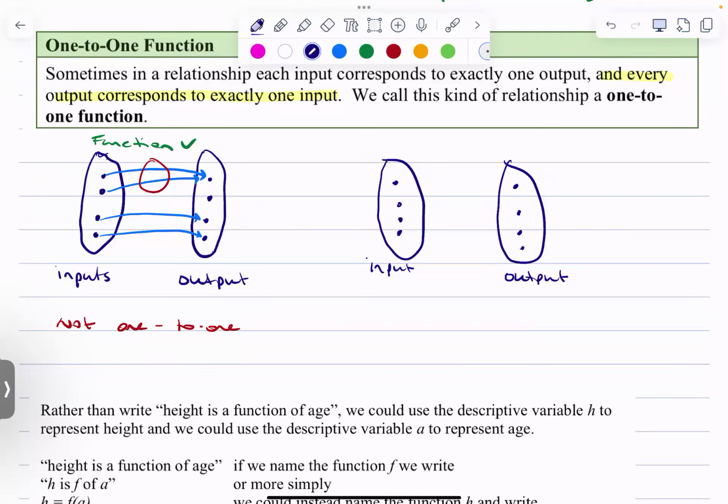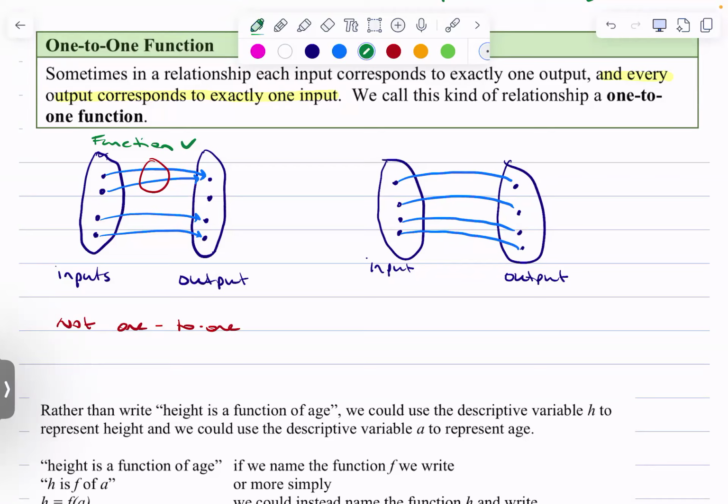Let's do 4. For a one-to-one, I need to have the same number of inputs as I do outputs, right? Because they have to map one to one. It's kind of in the name. So let's see here. This one, I'll keep it nice and clean. I was going to go crazy and crisscross applesauce, but this will look nicer. You can, if you're crazy.